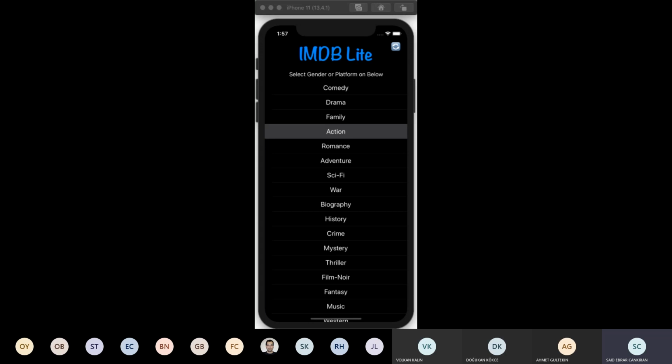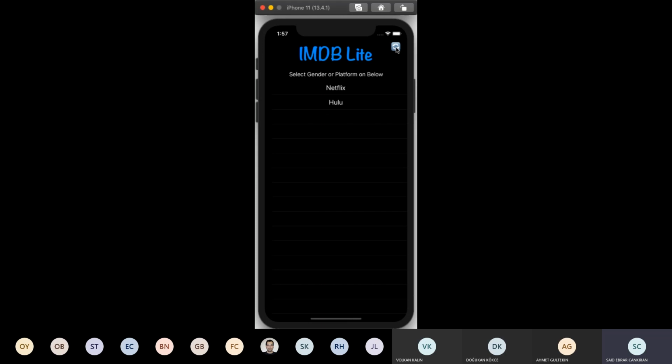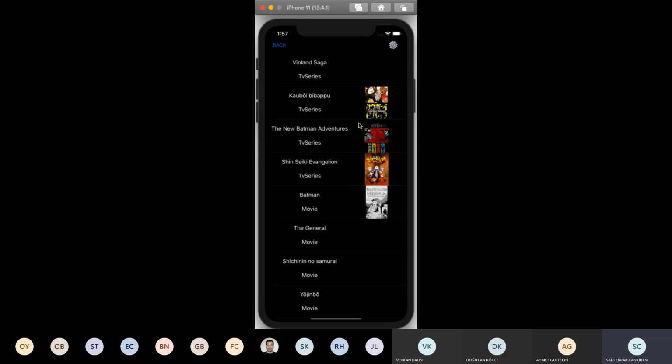On the first screen, there are categories fetched from our database. Also, we can change the view here as platform and category. Let's pick some category. Let's select action. Here you can see the watchable objects, but before we select, we can go to